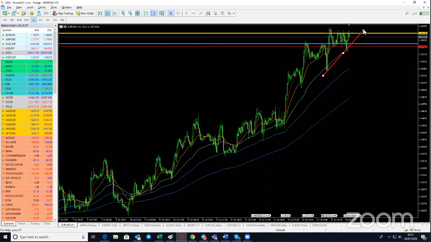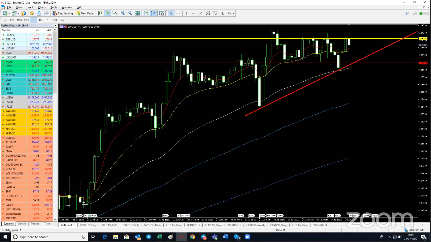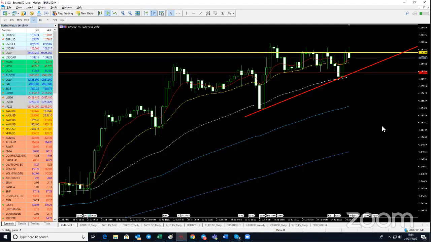So let's do it this way. Here, this is also another pattern. This is where it gets a little confusing, because we are looking at a triangle pattern. And this triangle pattern on the 1 hour chart gives me some hints that there may be a possibility of prices going to the upside. Hence the reason I want to be really careful. I don't want to say that it's a total resistance, but you see, this is a pattern. A second. Yeah, brilliant, Alfred. Thank you. And then this is a triangle type pattern.